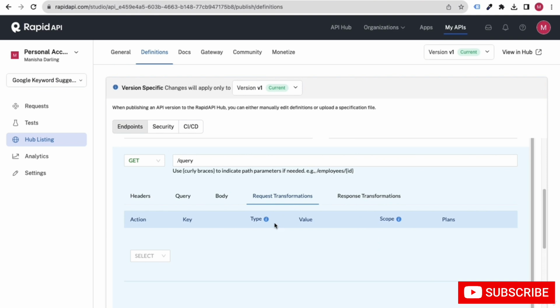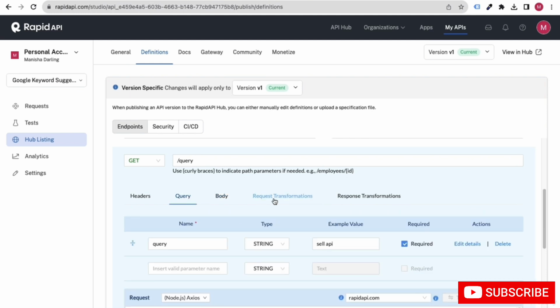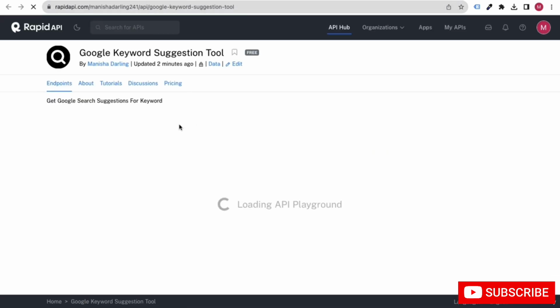In the basics, I want to make it very simple and easy. So after that, we can set up the gateway and all. But the thing is that we have successfully published the API, and you can see it on the RapidAPI hub, right? That's great, right?